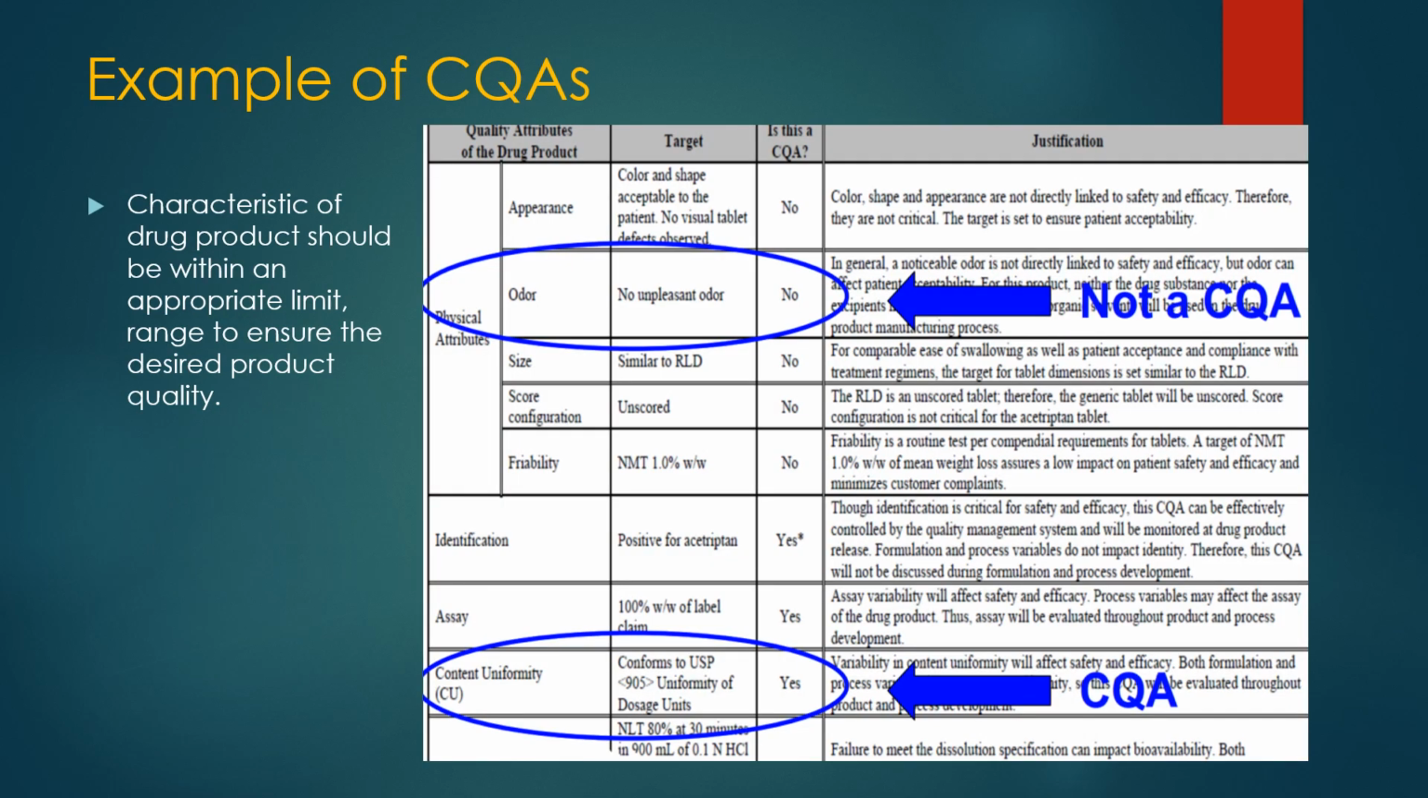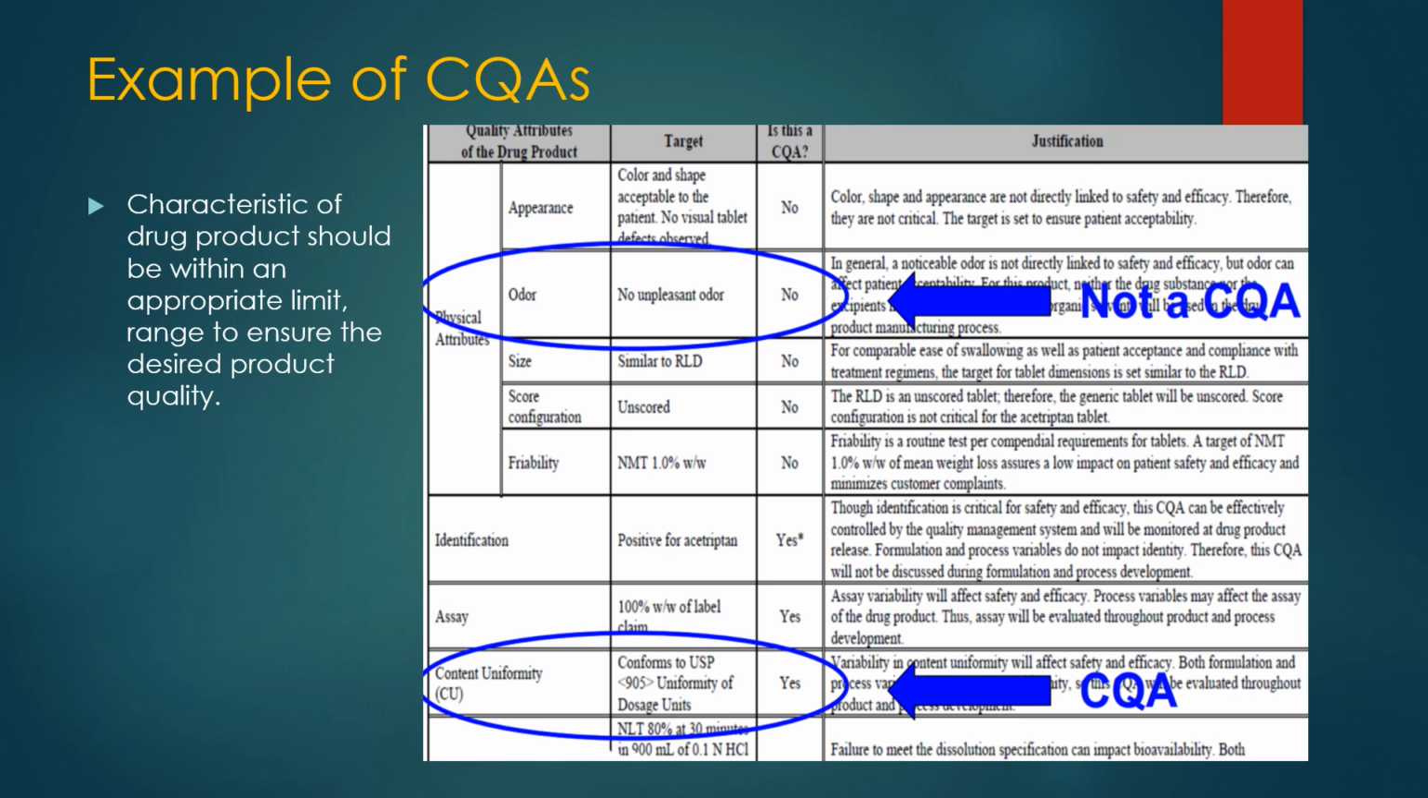This is the example of the CQA. A CQA is a characteristic of the drug product that should be within an appropriate limit or range to ensure the desired product quality. In this example, content uniformity is marked as a CQA, as content uniformity is directly linked to product safety, efficacy, and quality. So any variability in the content uniformity, or out of limit, may directly impact the product